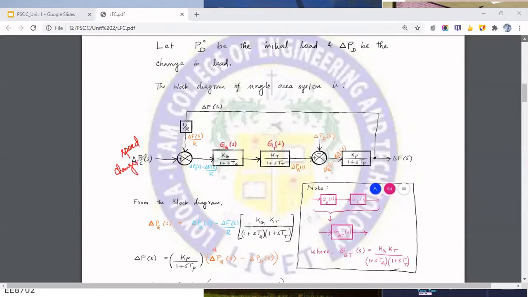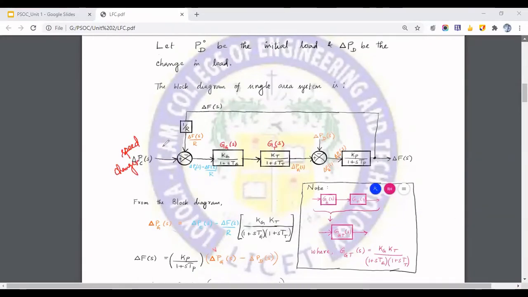So these are the blocks that we have already seen in that detailed overall block diagram. So this is the input, this is the output of the speed changer, and this is the speed governor. So both speed governor and speed changer control the governor, right? So here you have the governing system, speed governing system,